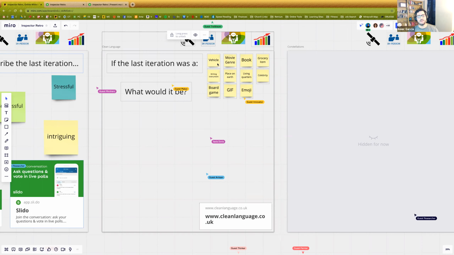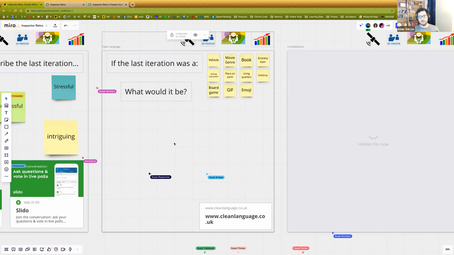And then you step back and allow them to scratch their heads and go, I don't know. So what you're asking them to do here is create a metaphor. You're asking them to look at what happened in their mind's eye and then say, that was like what kind of vehicle? And go ahead and do this right now. Go ahead and create a sticky note. I know you guys just said your one word on the left-hand side, but think about your last iteration. And if it was a vehicle, what kind of vehicle would it be? Throw it out here. Your last iteration was like a what?